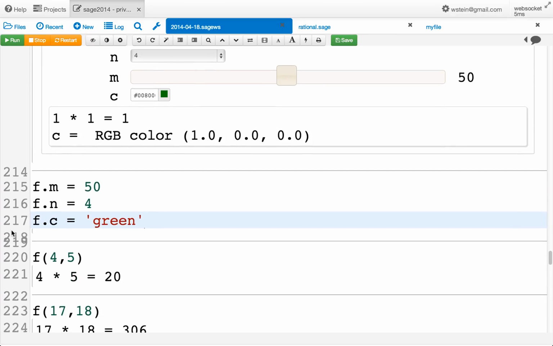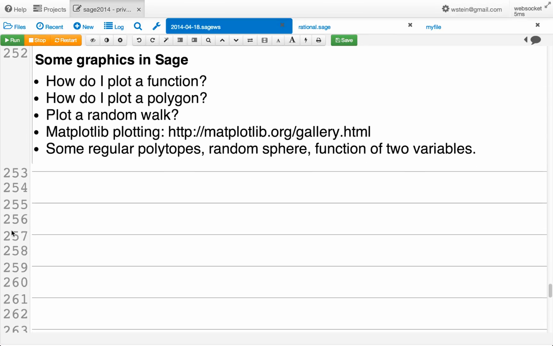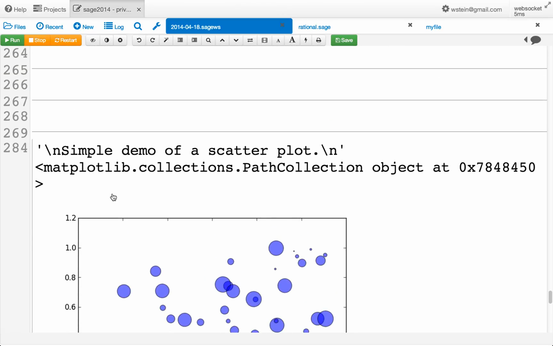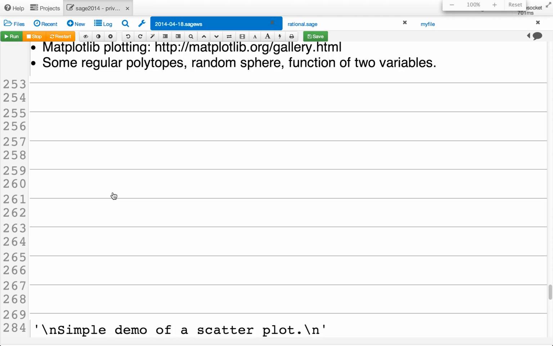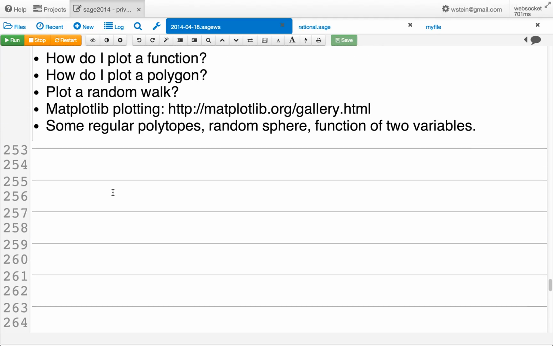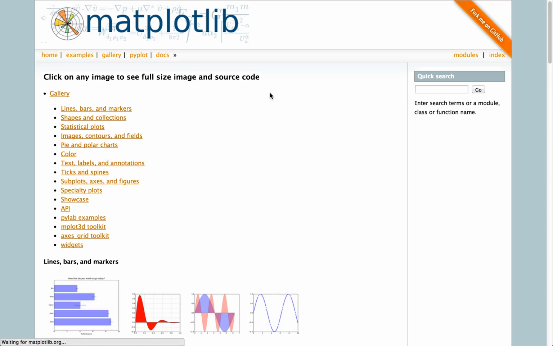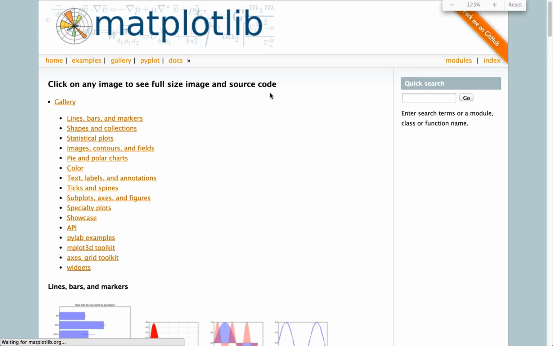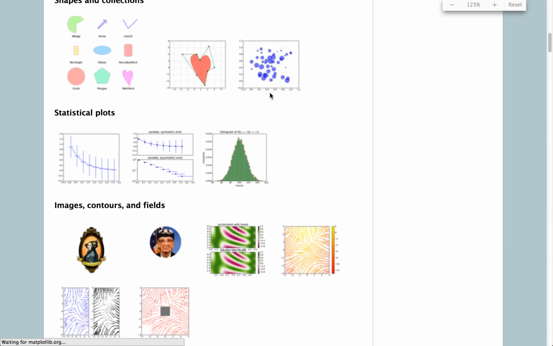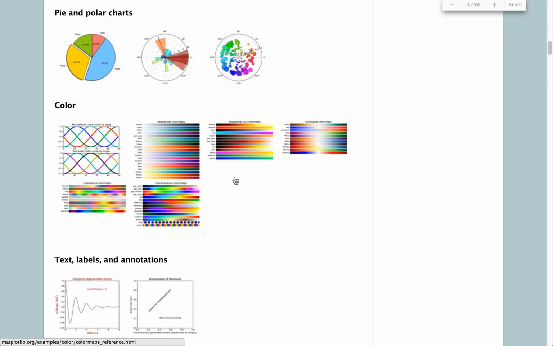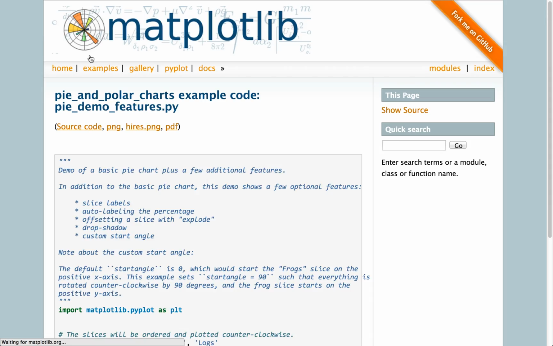All right, I'm going to give you 30 seconds of graphics stuff. There's a bunch of graphics in Sage, but I just want to show you one thing very quickly. There's the Matplotlib gallery right here. This is a large collection of plots that you can draw using Matplotlib. Matplotlib plotting works very much like in MATLAB, but of course it's Python code. If you just take any example here, like this pie chart,